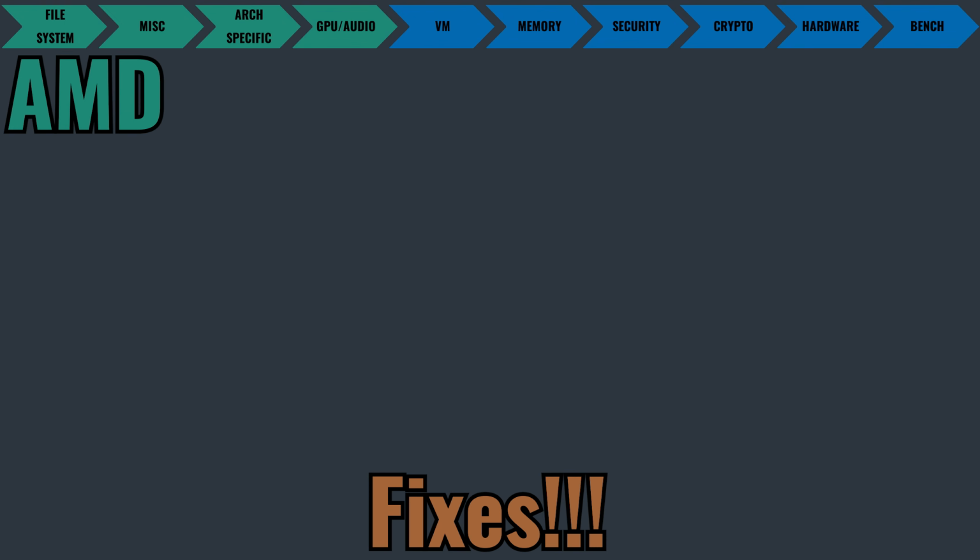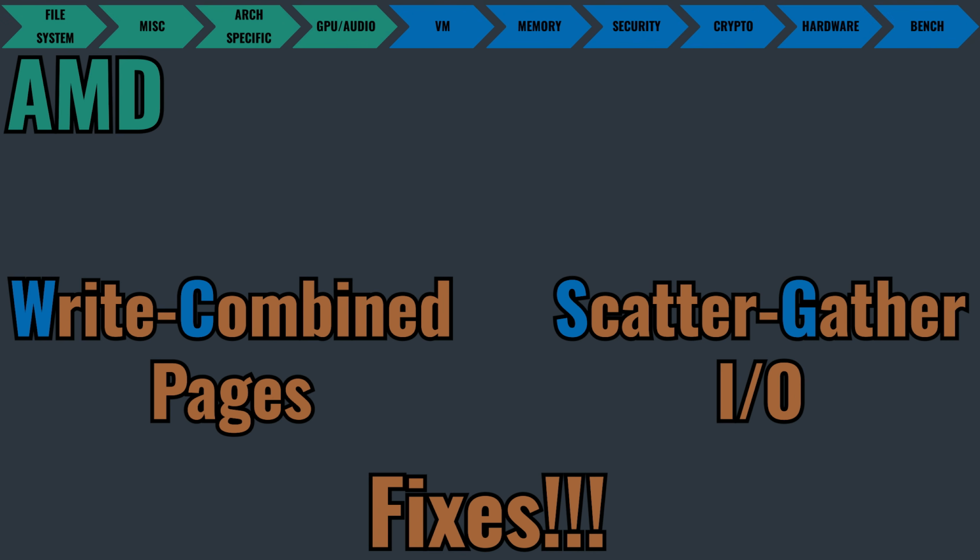So you had a patch that was using WC pages, so write combined pages. So those are a special type of pages that you can write multiple times to, and that will burst into storage later. And also it was using scatter gather IO, which is a command where you can do multiple reads or writes into a single call with devices containing an IO-MMU. So the IO-MMU being input-output memory management unit, meaning your GPU when it tries to communicate with the rest of